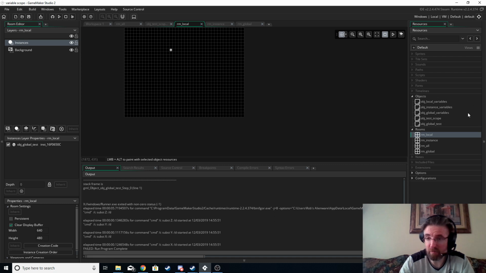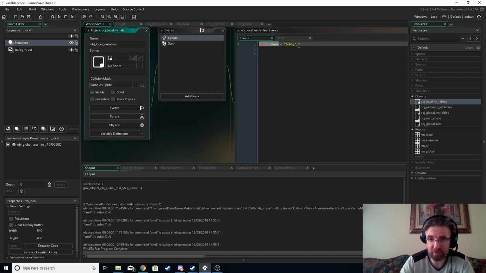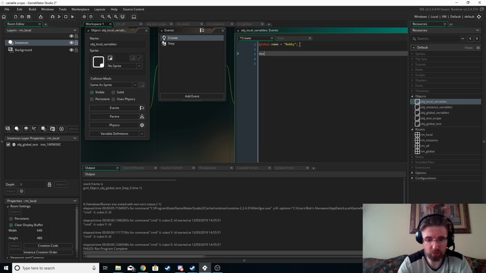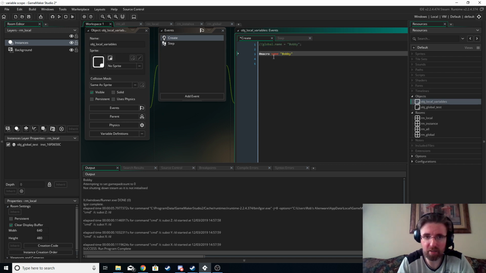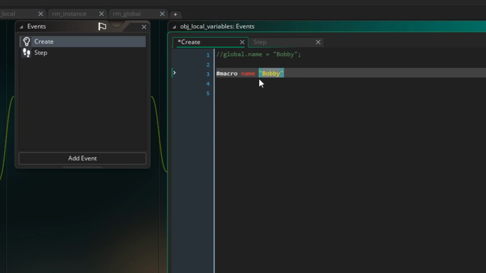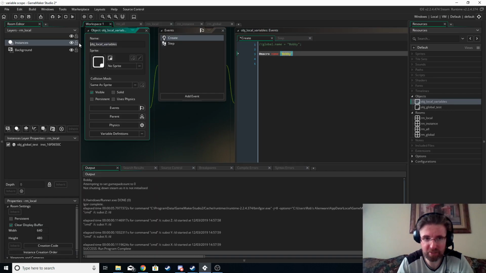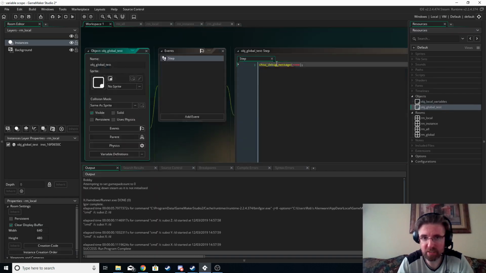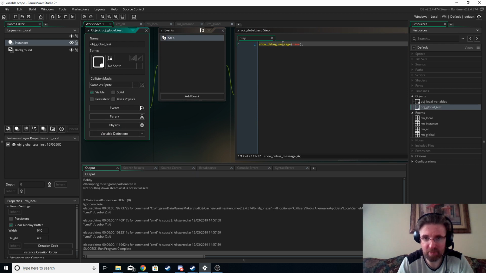If you're aware of macros, then you don't have to initialize them. For example, if we do macro name Bobby. Anyway, so we've got a macro called name, and it's storing the word Bobby, or the string Bobby, in the create event of obj local variables, and we're going to try and read that in the step event of